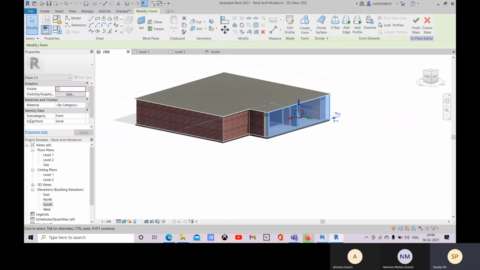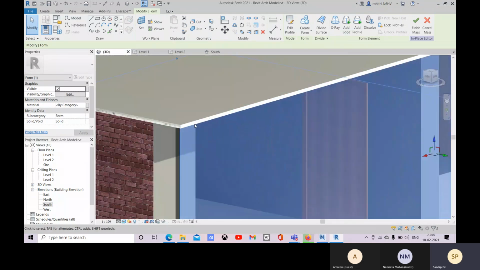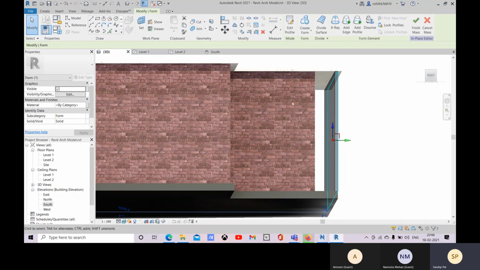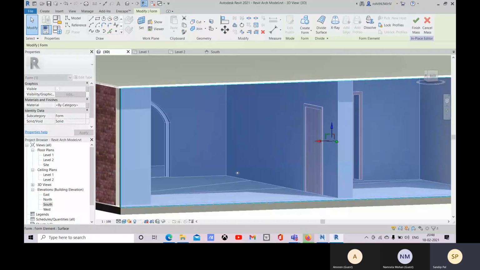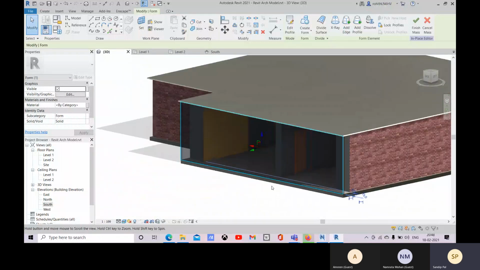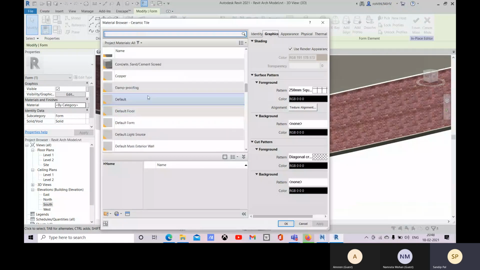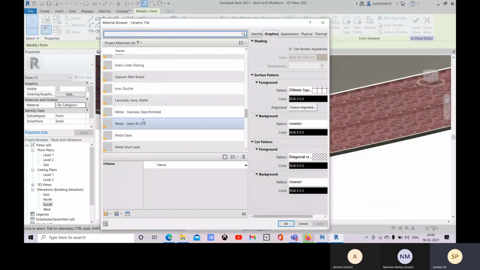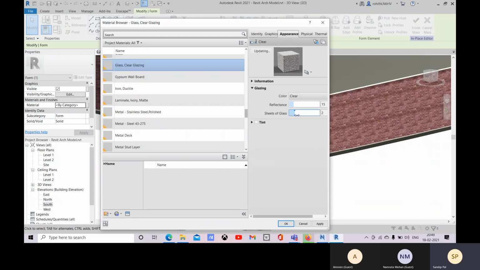Okay, so here you can see that this is up to this floor. It is created up to this level. If you want to change the material, there you can specify the material like glass, clear glazing, use render appearance, or go to appearance.